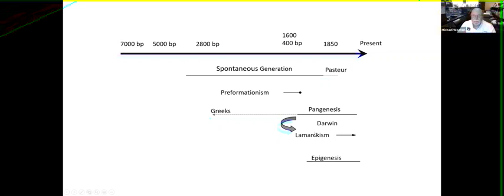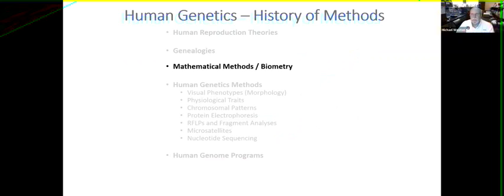What's important here is this idea that Darwin is in the middle of all this. Darwin is sitting there in the 1800s, causing massive consternation among religious groups and science groups and all sorts of things because he's proposing ideas about how things change over time and how this works. Okay, so that's where we want to jump to now. We want to talk about how this played a role in modern genetics and human genetics, and where all this came about. So I want to talk a little bit about the mathematical methods and a little bit about the biometry. And to do this, I will talk about this in part 2.